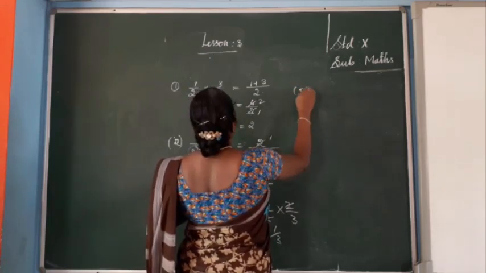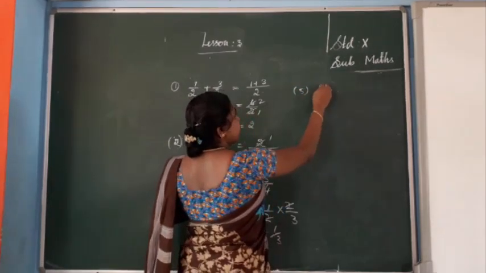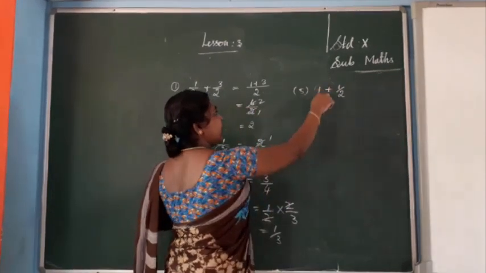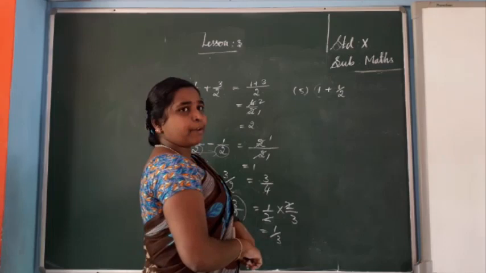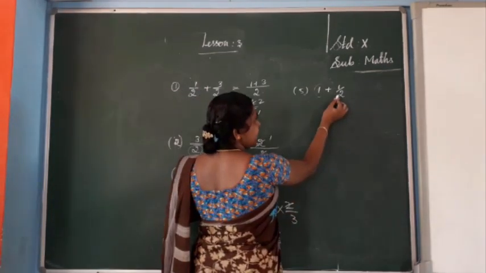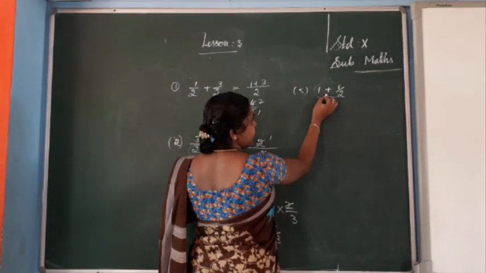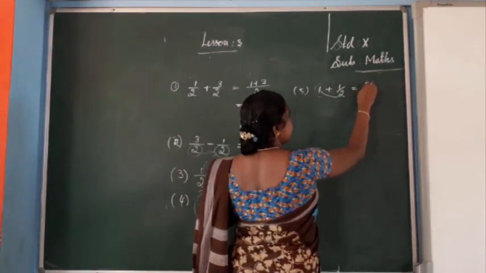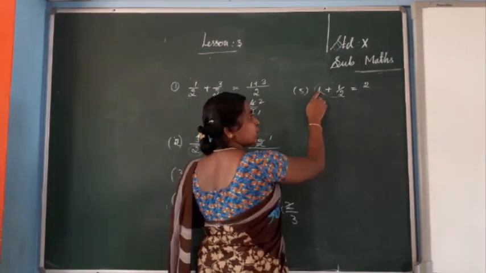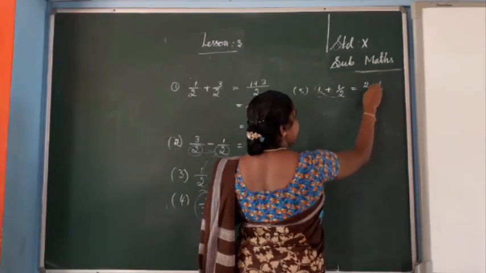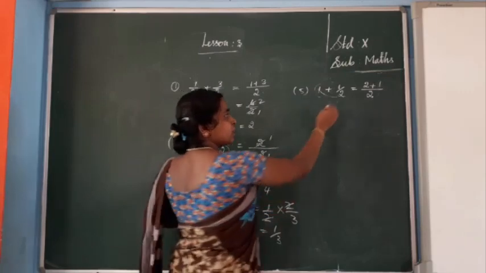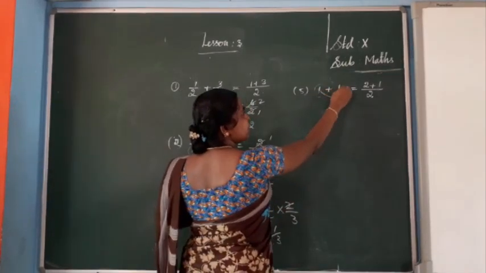So the fifth one. Carefully, 1 plus 1 by 2. One is a whole number, another one is a fractional number. How will you do this? You see here, you just multiply this denominator into this value. 2 into 1, so that is 2, isn't it? 2 into 1 is 2. So what is there? 1 by, already in the denominator, 2. This is the method. 2 into 1 plus 1 by 2.